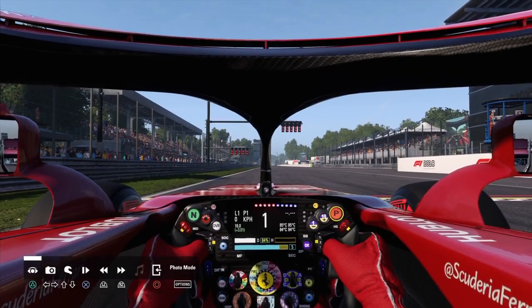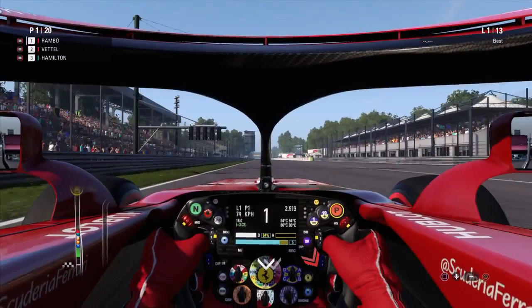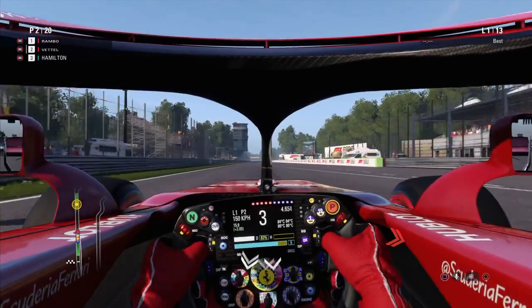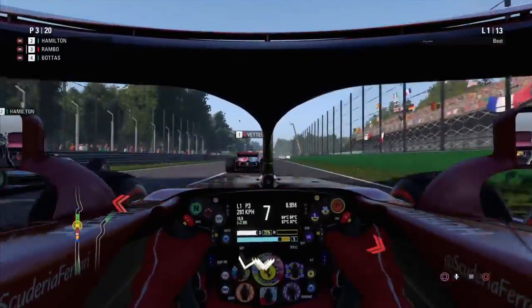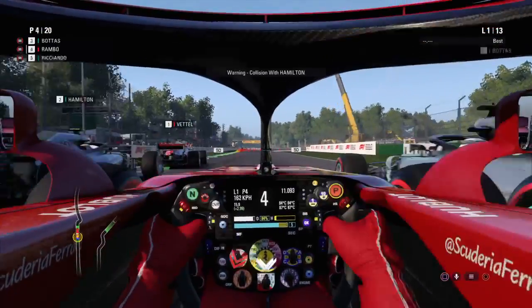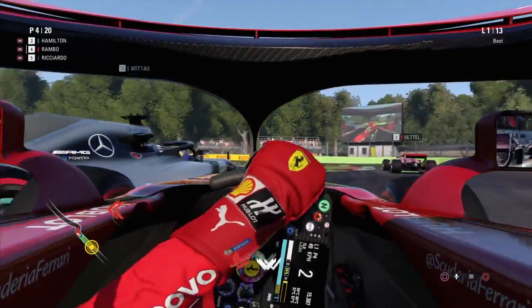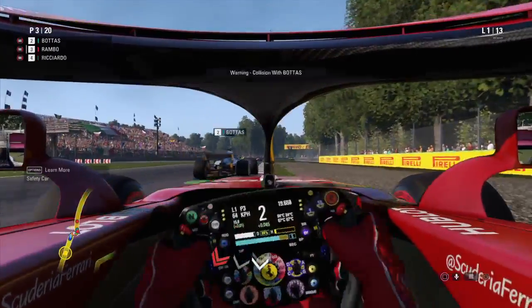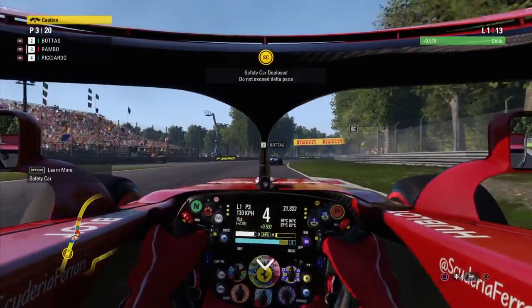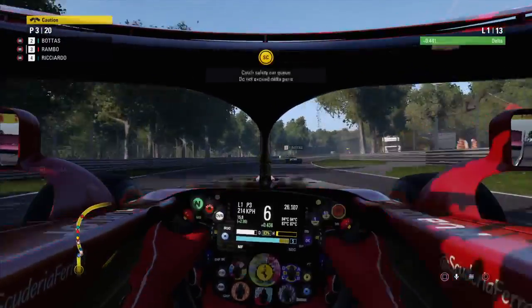What the hell? Not a good start. Safety car is out. The safety car is out. We need to form up